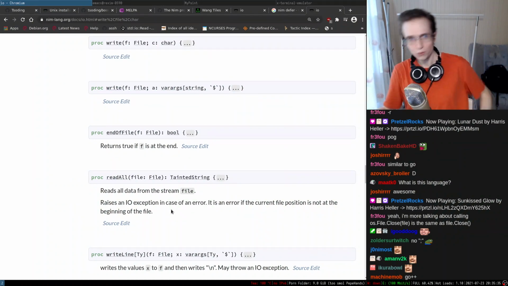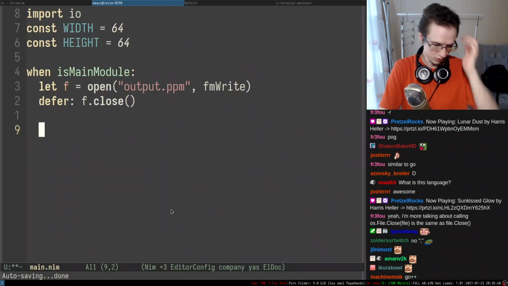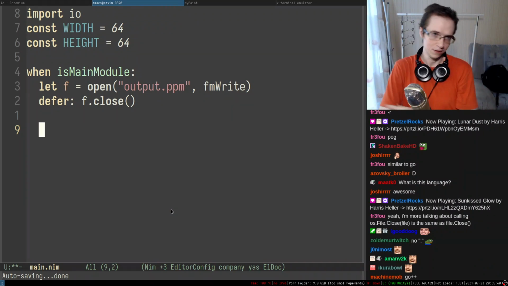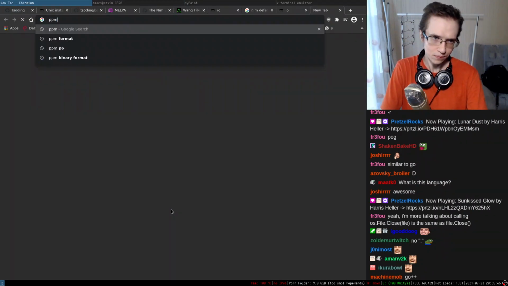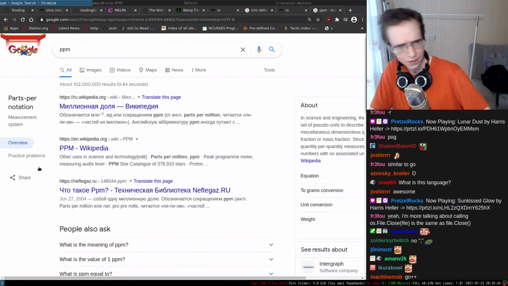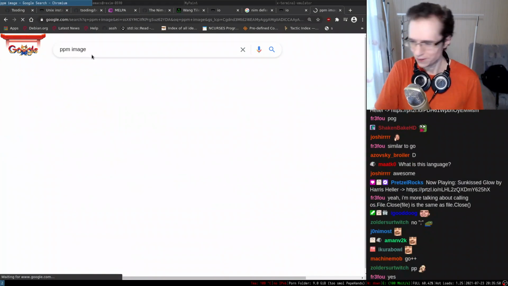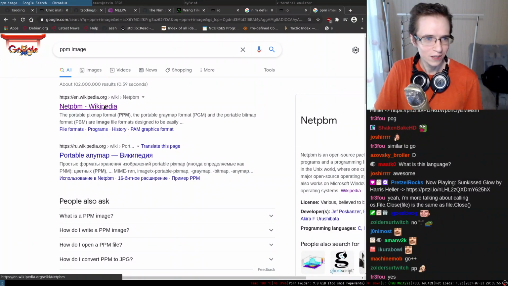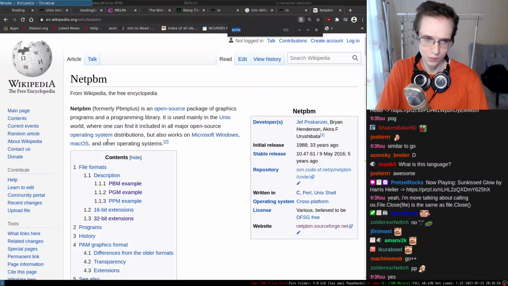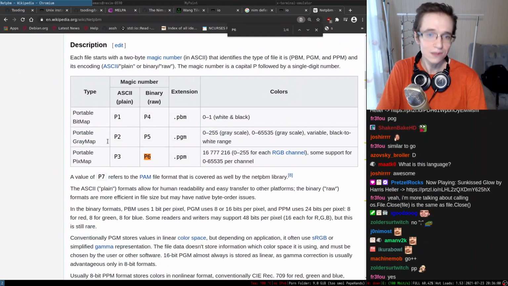Okay, so what we want to do, we want to save our images in a format that is called PPM. Have you guys heard about PPM? Okay. PPM image, right, there we go. So it's a Netpbm format, and specifically I want to use a variation that is called P6, right?